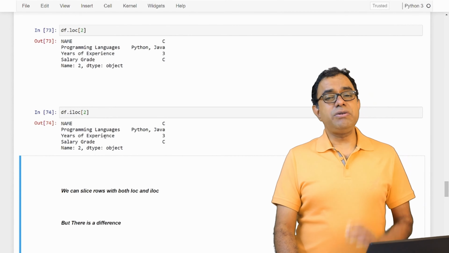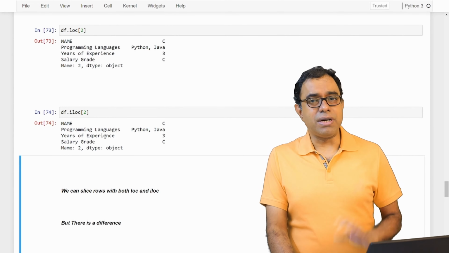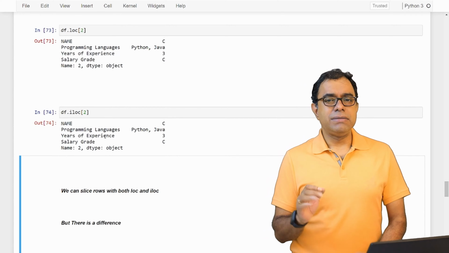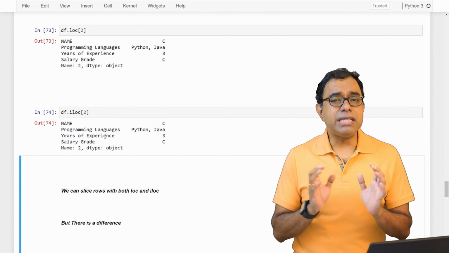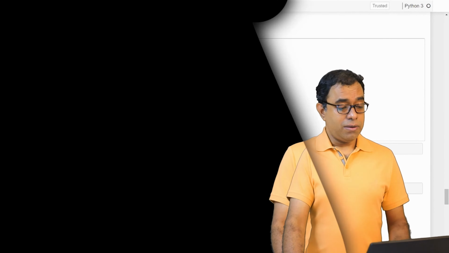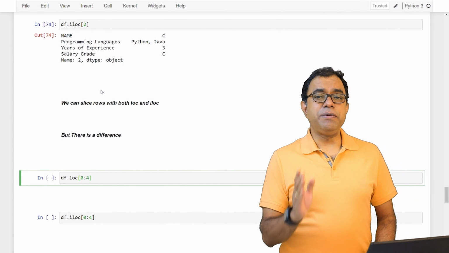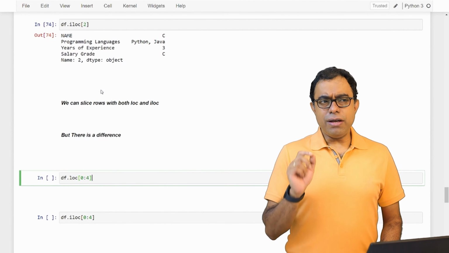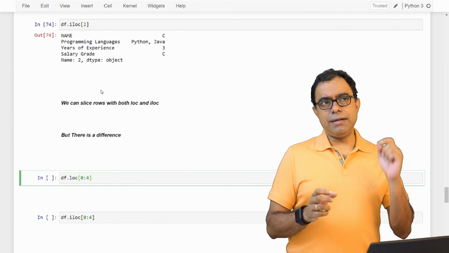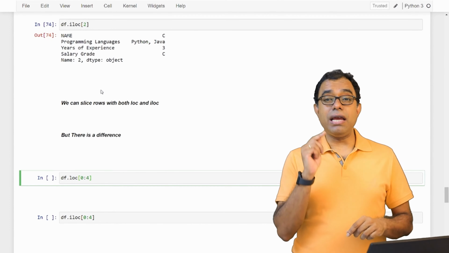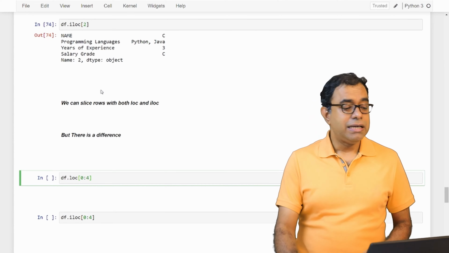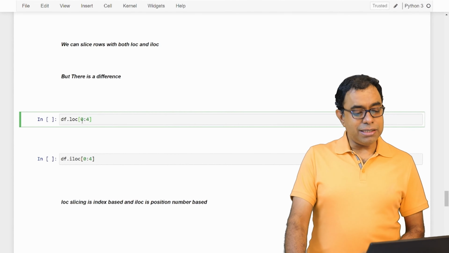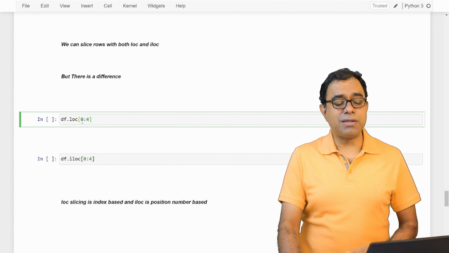Now let's talk about slicing. Slicing is very important. If you have seen my video on NumPy slicing, this slicing works in exactly the same way. But there is one difference between NumPy slicing and data frame slicing. If you remember the inclusive-exclusive range, it means that if I say 0 to 4, then 0 will be included and 4 will be excluded.